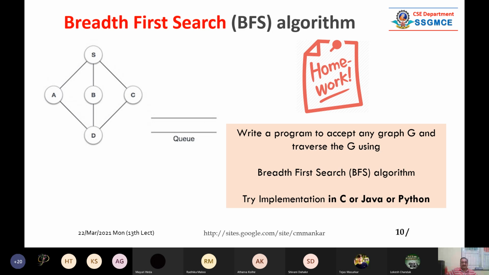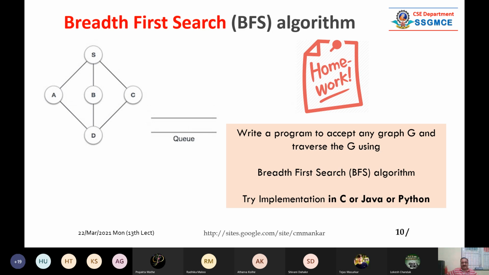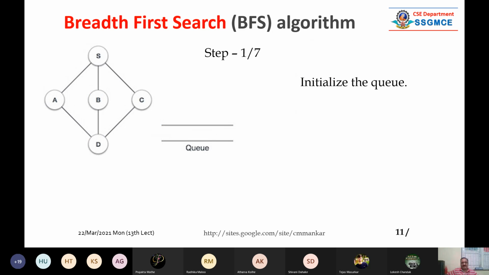Now, what I suggest is that you go to some site, maybe programmer7.com, or a lot of sites are there, sourceforge.net, freshmeat.net. You can visit those sites. I will be giving you URLs later, and try to get the code for doing the BFS algorithm using C or Java or Python. तो हमने algorithm यहाँ पे देखा. This is actually the algorithm. So this is homework.